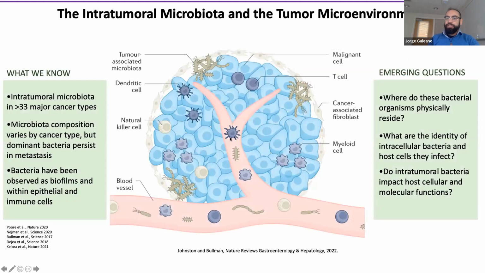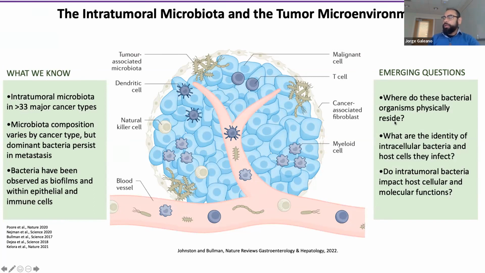This is to mention that the tumor microenvironment is highly complex. It is not only composed of malignant cells, but it also contains other types of cells like endothelial cells, normal epithelial cells, fibroblasts, and a variety of immune cells. On top of that, the tumor-associated microbiota has been a fundamental component of the tumor microenvironment, and it has been shown to be important in promoting cancer progression, development, and resistance to chemotherapies.